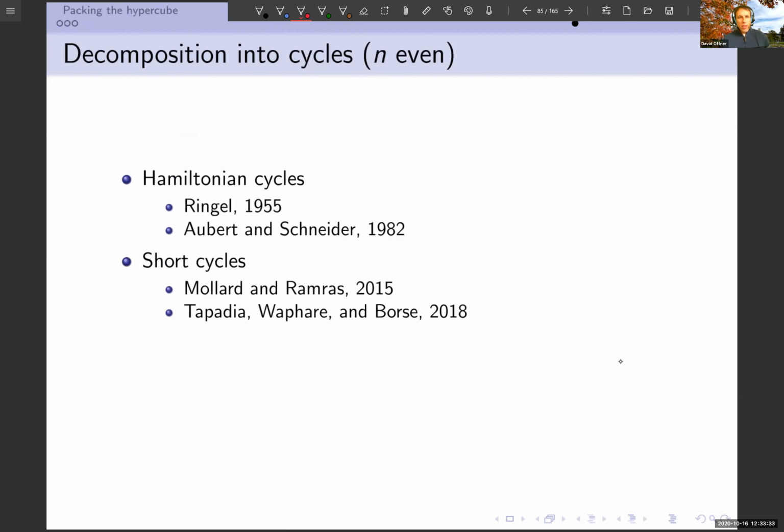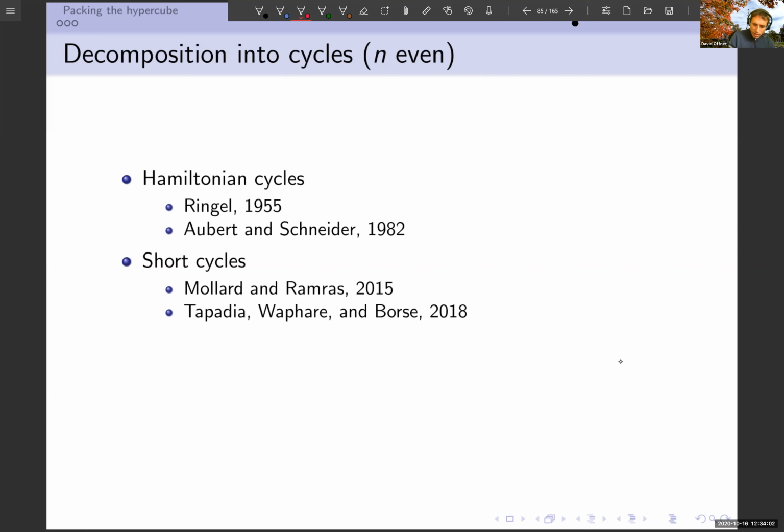Okay. There's also been work on decomposing into cycles, and this is actually our strategy for decomposing into paths. But let me just tell you about what's known about cycles. Back in '55, Ringel proved, so there's a lot of work on Hamiltonian decompositions, right? Decompositions into Hamiltonian cycles. And in '55, Ringel proved that,